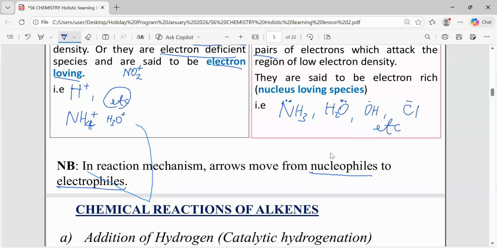Here it is electron rich. Are we there? While this one is electron deficient. Are you seeing that? So when we talk about the reaction, electrophilic,